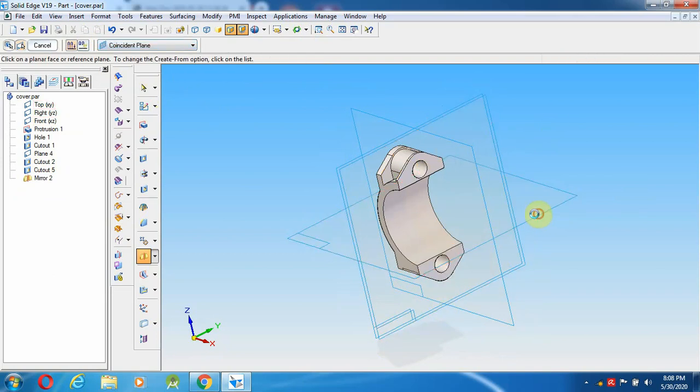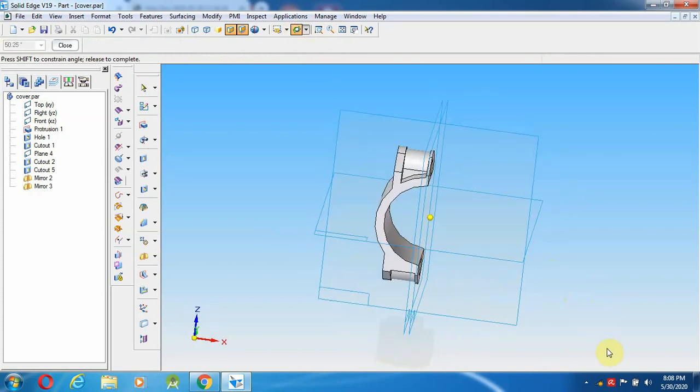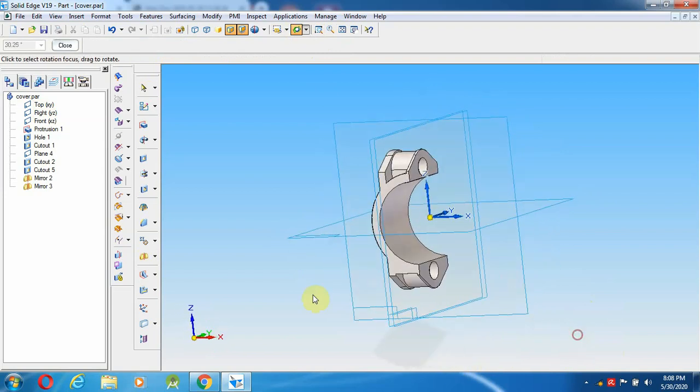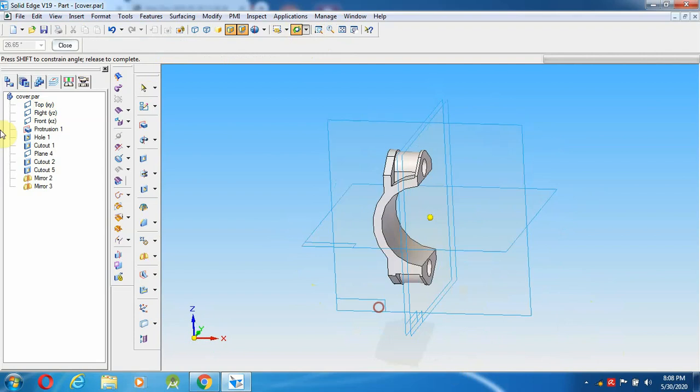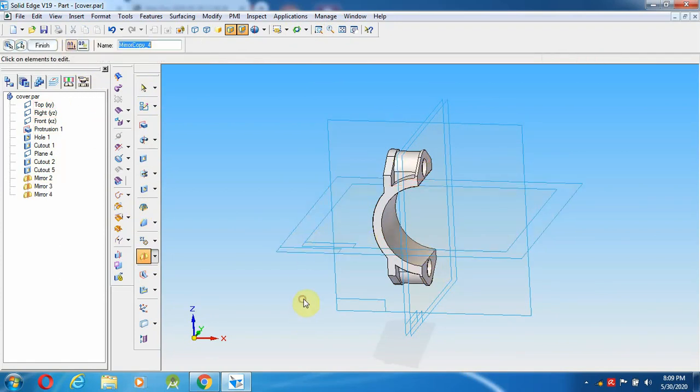Okay, so from it right click, so we'll check whether it is created or not. Only one side is created, the other side we have to make. So go for again the cutout and mirror option, this one, and from here left and right click. So this has to be completed, so you can save.